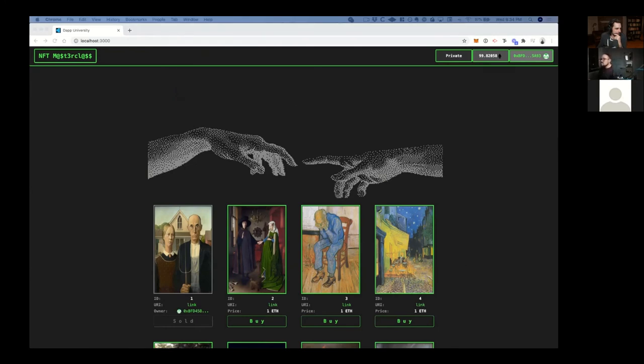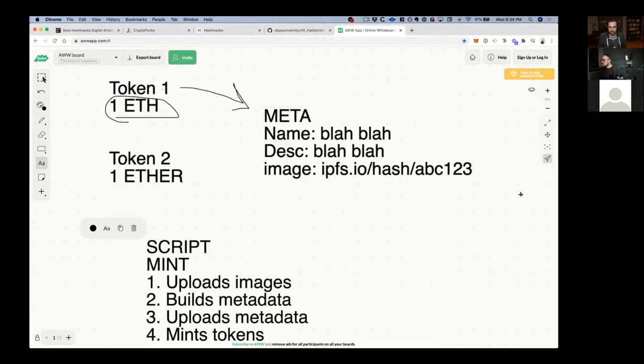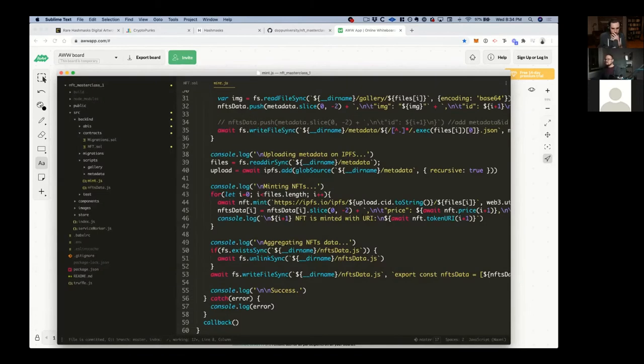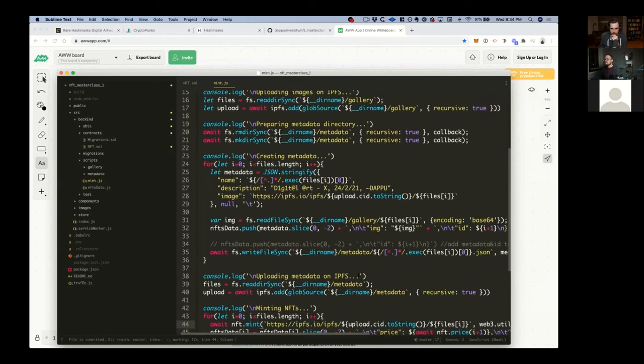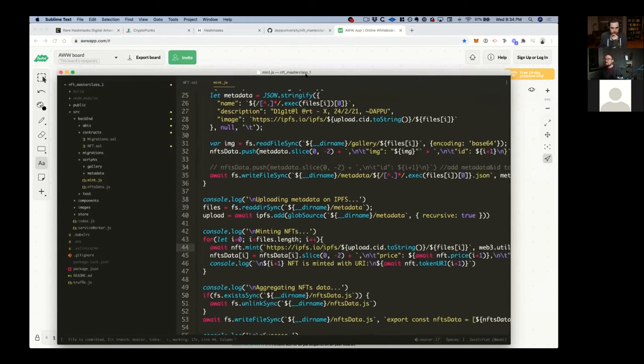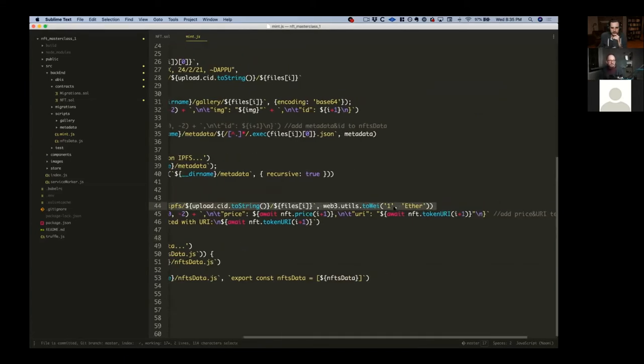So let's see here. All right. So let me explain how the purchasing works. Let me explain two things. First of all, let's talk about the price. So if you want to change the price of your tokens, you can go inside this script, this mint.js script, and there's a lot of code here. If you're not familiar with coding, this might be kind of scary, but you can find the exact thing that I'm looking for, and just change it. So on line 44,